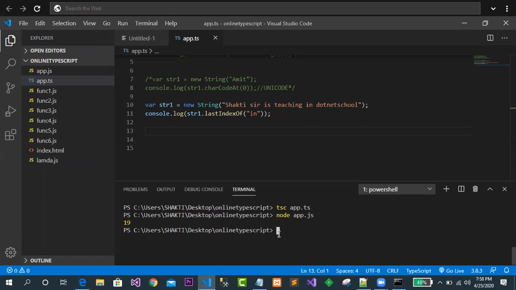Okay, this is node, let's say TSC. This is app dot TS. Clear? And you just see in this case what your answer will be. We can say last index of. It means that it is searching from what? From the right side. It is not searching from the left side. It is searching from the right side.